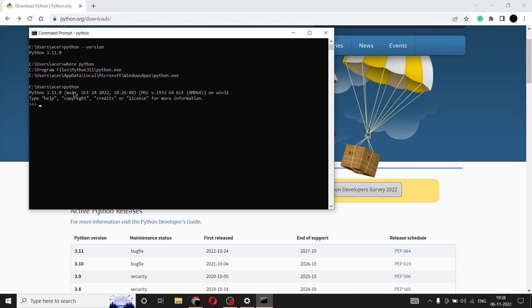So once I give python, I will be prompted with this message with the latest version and my system information, right? And with some help commands. And these three arrows indicate that I am now not inside the Windows command prompt. I am inside the Python command line. So now I'm going to perform simple Python code to make sure that Python